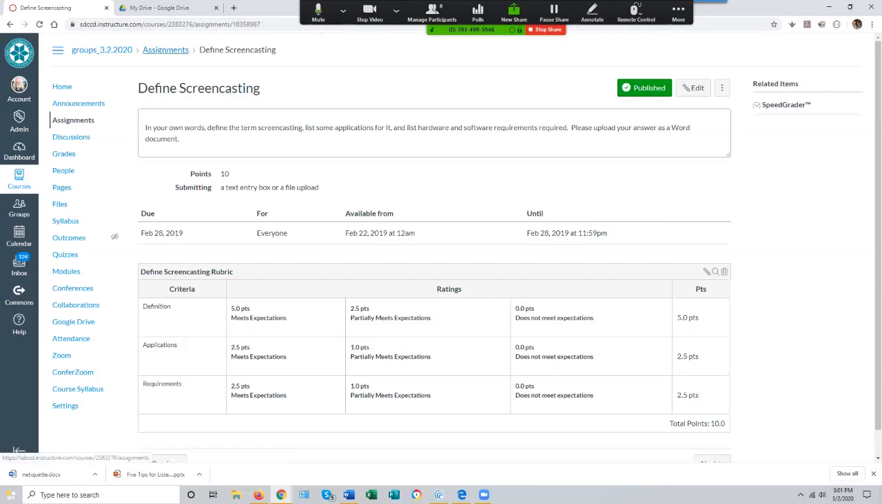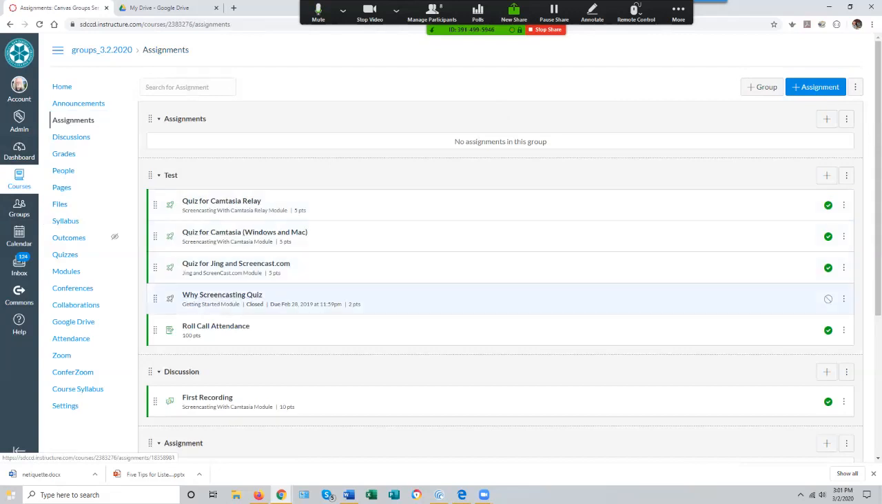Each group within that final project group set will now submit a file to satisfy this particular assignment separately from the other groups. So when they go either to the module where that is located or to the assignments tool, if you've given them access to that, and find this define screencasting assignment,